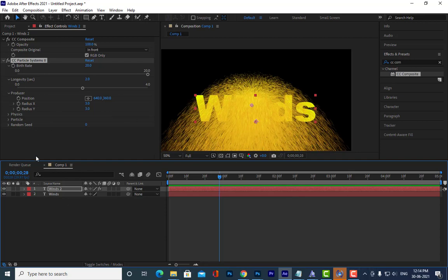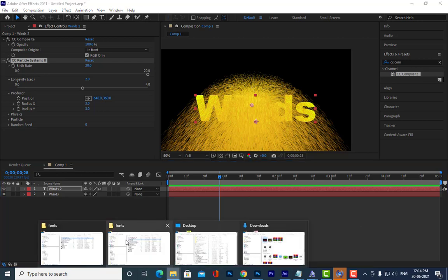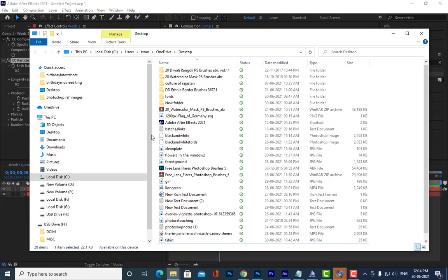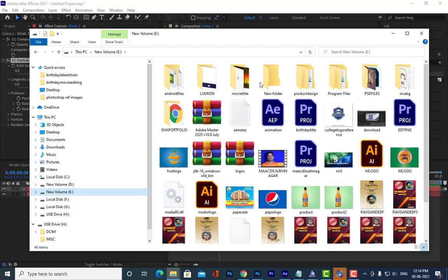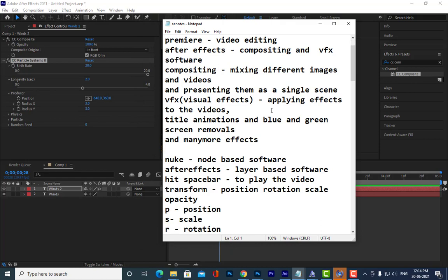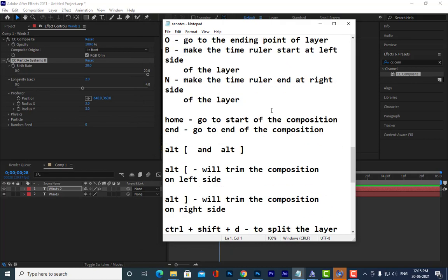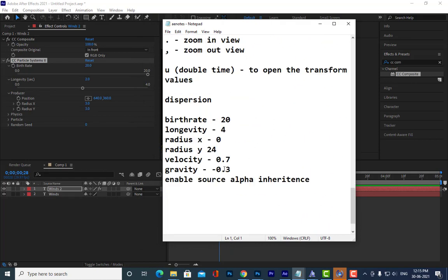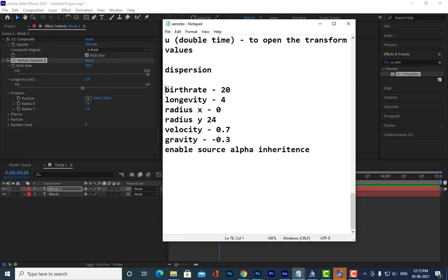So you can also change these settings actually. And one more thing I want to tell you here is, in case you get confused about what settings, what values I have to type, I have prepared some notes for you. You can check the notes or you can take a screenshot of that. Because this is always a confusing thing for all of you. See what type of values we have to put. Okay, so you can use these values.